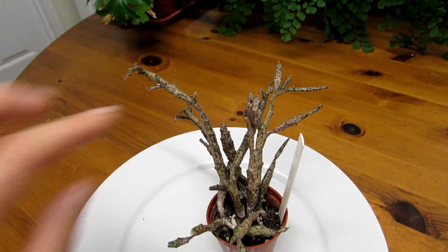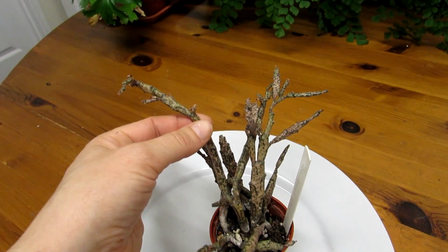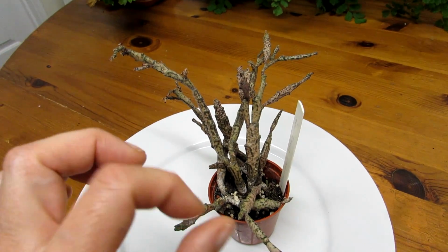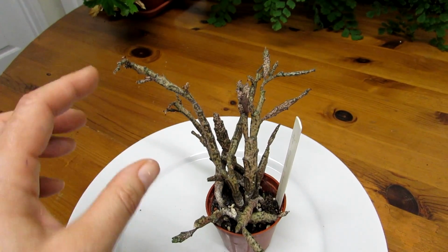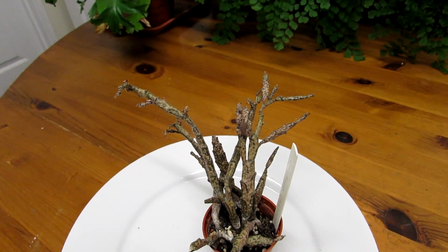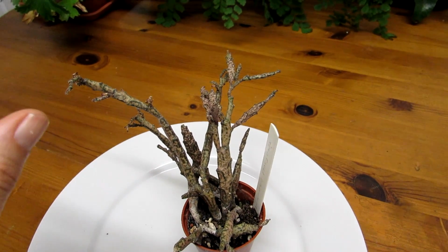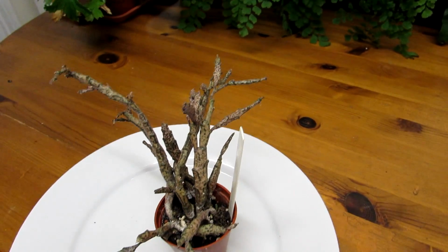Now, obviously it's part of the Euphorbia family, which means that they have a milky sap. So if you were to cut this plant or trim it and take cuttings, it gives off a very milky sap. And also the flowers, or the cyathia as they call them, are very, very tiny on these plants. And this has been in flower many times, and I've often tried to film it and take photographs, but they are so miniature that you just cannot get the macro on it. But the flowers are a yellowy, goldeny brown, sometimes even orange colour, very, very tiny, and really nothing